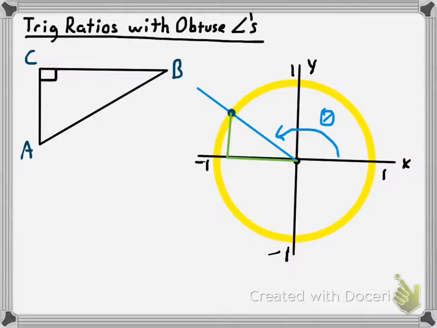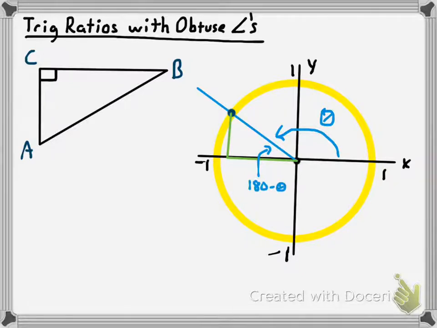Now, it happens with obtuse angles that the angle theta in standard position doesn't fit inside of the triangle whatsoever. But this angle right here that is inside the triangle has a very special relationship to this angle theta, doesn't it? Those two angles together form a straight angle, or in other words, they're supplementary,